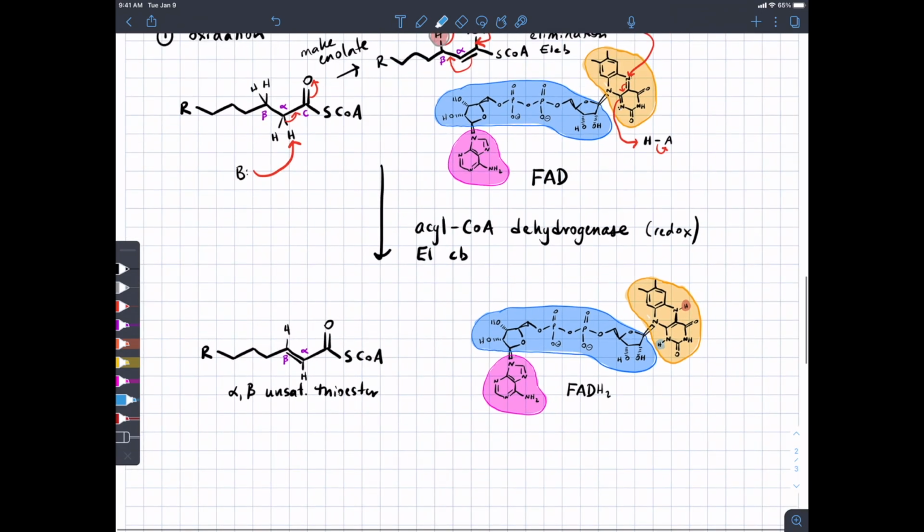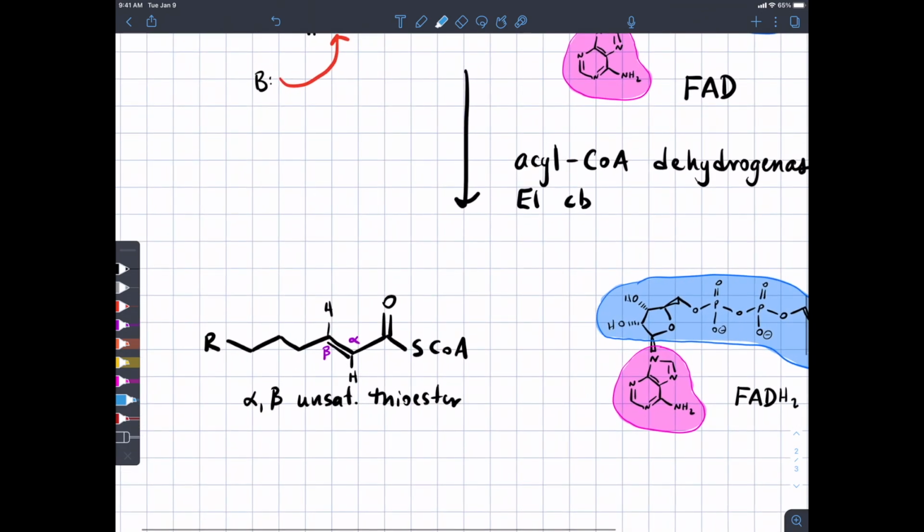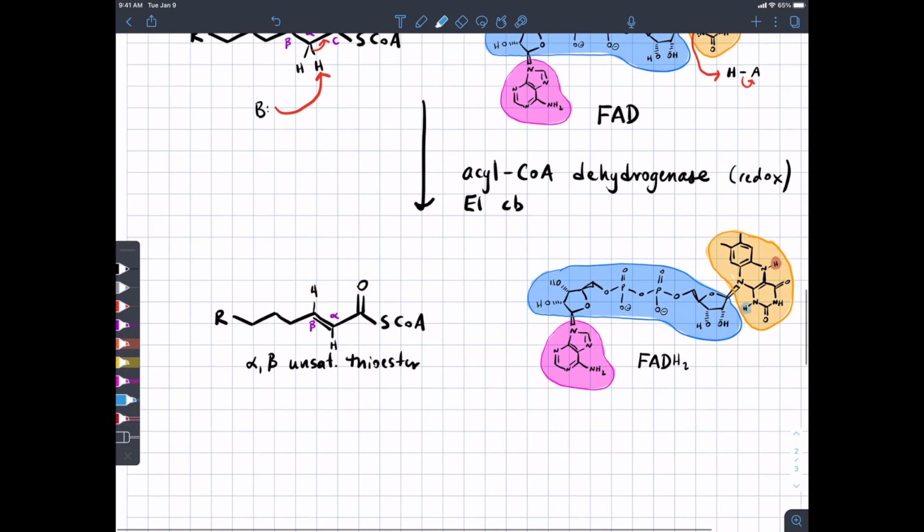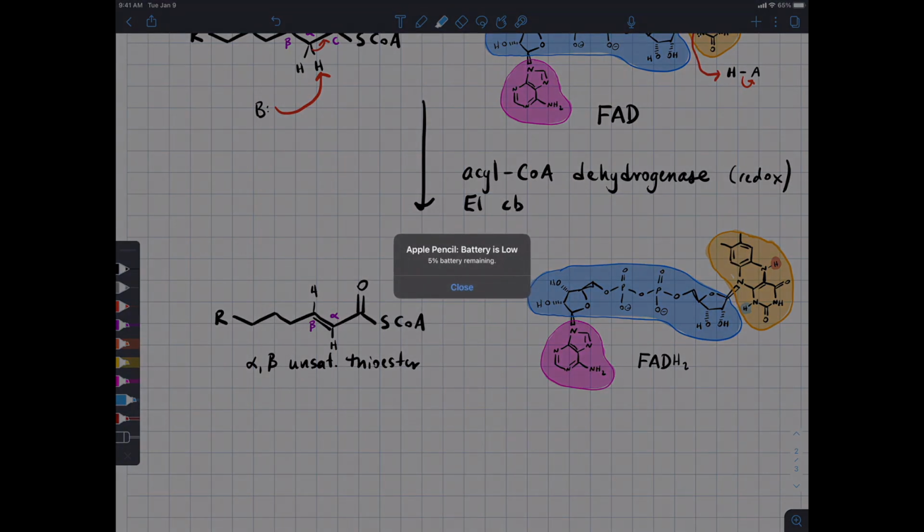Okay, and then we have this alpha-beta unsaturated thioester as our product. Now that's progress because alpha-beta unsaturated molecules are aldol products, so we're getting closer to what we need to have happen. All right, so if you remember, the product of an aldol reaction is a beta-hydroxy